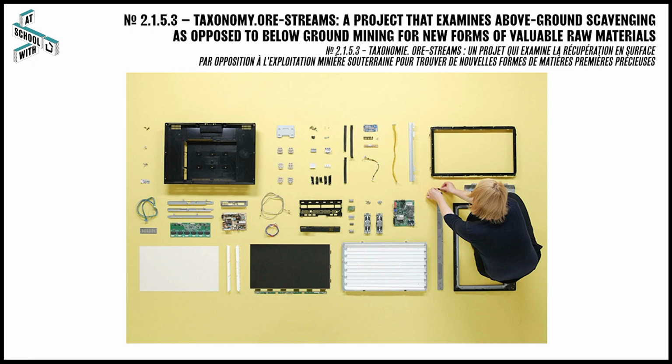Companies like Forma Phantasma reclaim and salvage e-waste. In a project entitled Ore Streams, they made new furniture out of elements of discarded electronic products. Electronics are the world's fastest growing waste stream, but only 30% of the West's e-waste makes its way to appropriate recycling facilities. The remaining 70% is shipped, sometimes illegally, to developing countries, where it is often disassembled in poor working conditions and disposed of inappropriately.